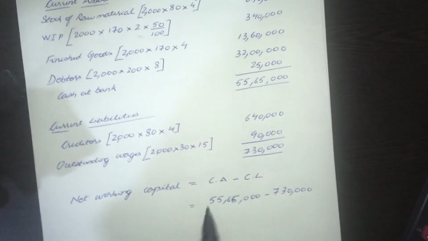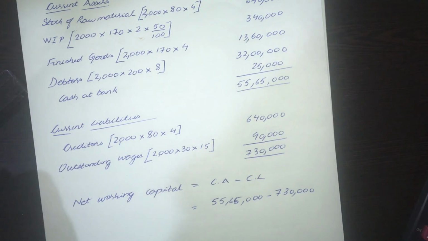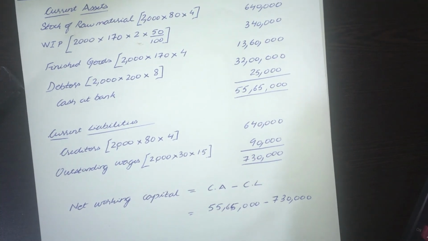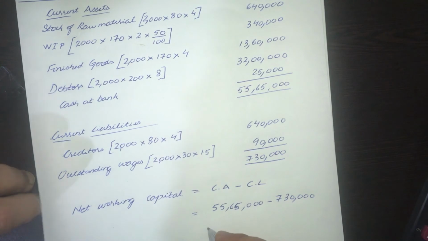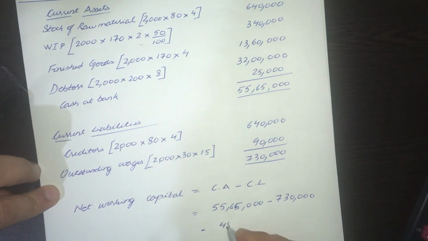All right, how much will that be? So 55 lakhs 65,000 minus 7 lakhs 30,000, that works out to 48 lakhs